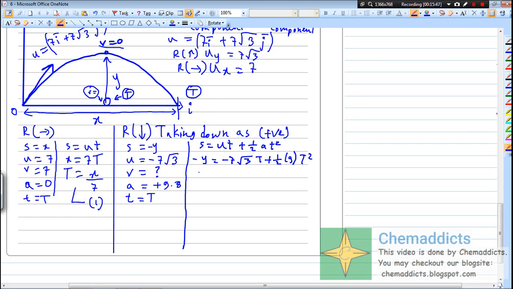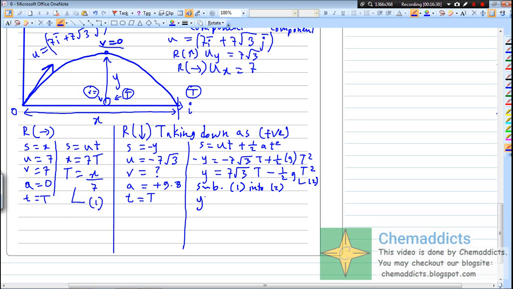Now let us rearrange this equation in terms of y. Over here y is negative, so we need to multiply both sides by minus 1, and we will end up with something like this, minus half g t square. Now let us substitute the value of t, since the time of flight is the same for the horizontal direction and the vertical direction. Substituting 1. Now let us name this as 2. So substituting 1 into 2.